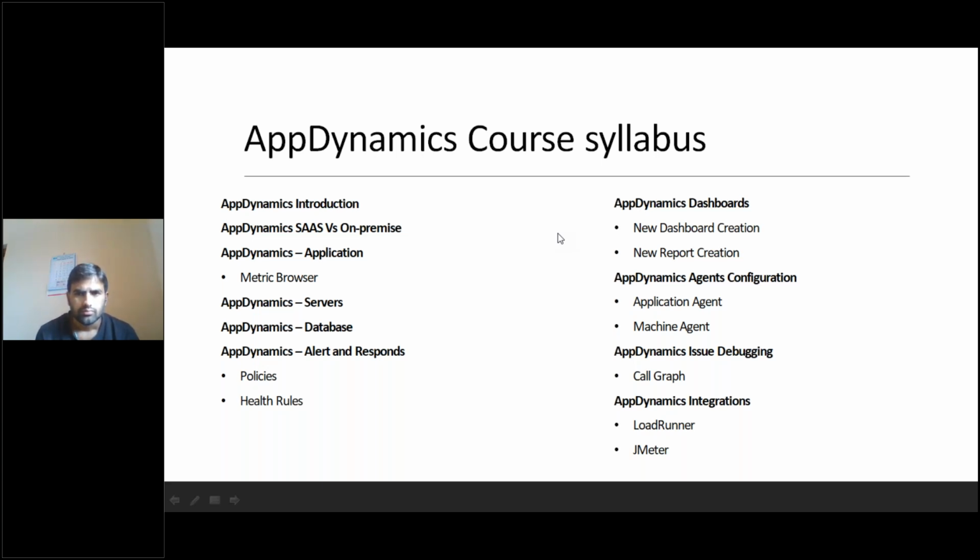You can do the recovery action also. If there is a breach in the threshold, it will do the recovery action. So that also we are going to learn. Okay. And then I'm going to show you tool-level integrations, like when you are running a LoadRunner script or a JMeter script, how the load is actually coming to your AppDynamics, and how you can understand whether it is only my load or some other real user also accessing my application. In that way, you can categorize, whenever you are running a load test, how the application is really behaving, right? That metric you can capture.